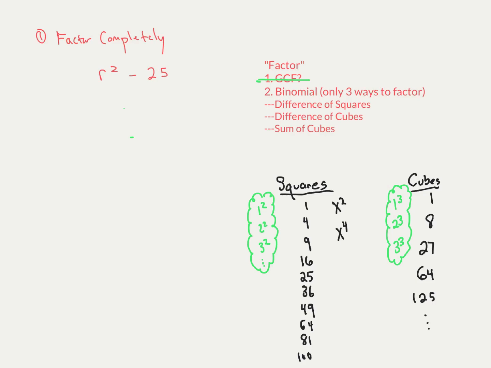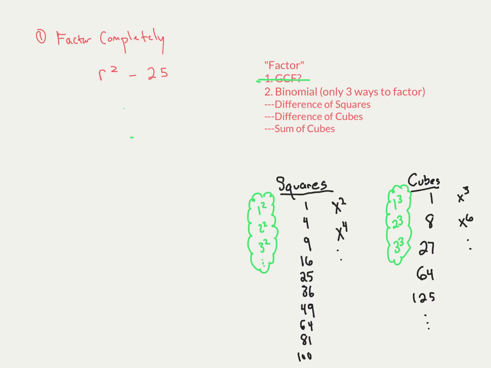Obviously, that keeps going. As far as cube variables go, the first one is x to the first cubed, which is x to the third. And then x to the sixth is the next one, which is x to the second cubed. And that should be about all that you see with those. So if you've got your list of squares, your list of cubes, and you're looking at this binomial here,